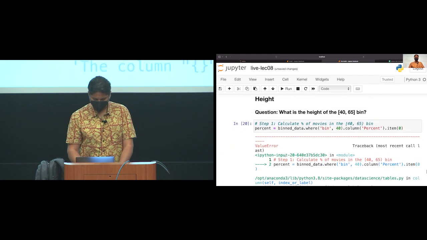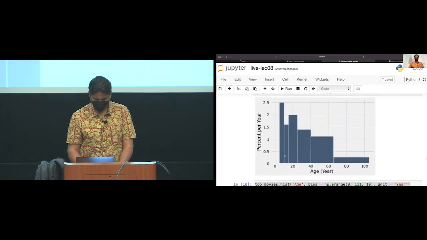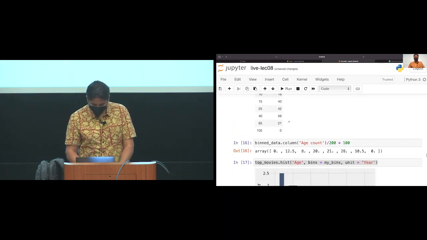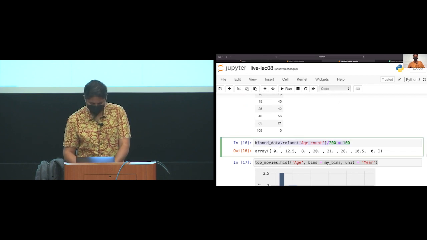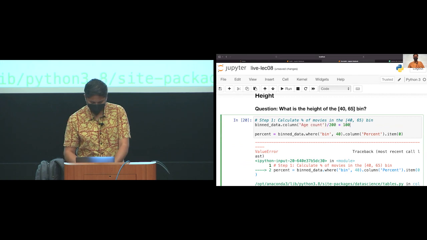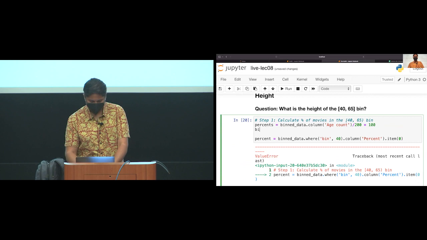Percent is not in the table. Oh no, really? Let's see, what's in the table? Oh, I forgot to add it to the table. So let's actually add this to the table here. Sorry about that, guys. So let's do this as percents, and then we're just gonna add this to the table